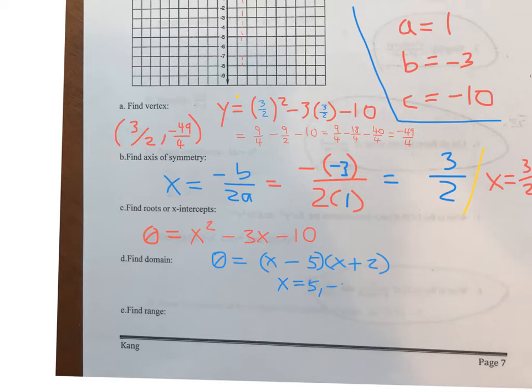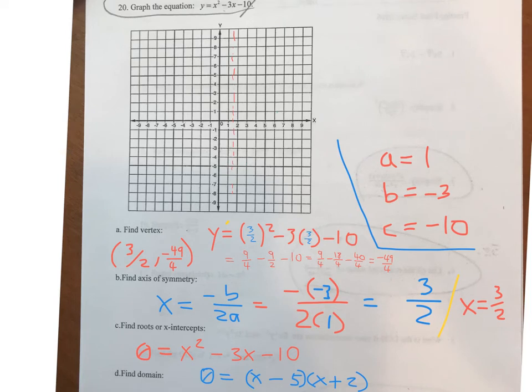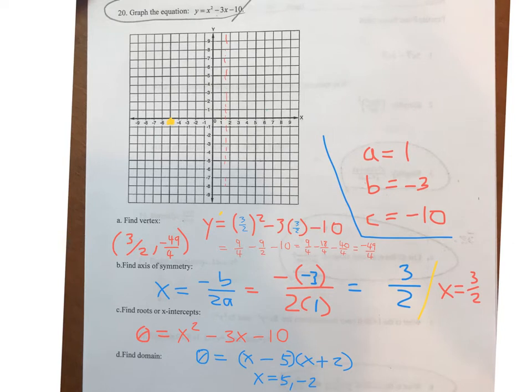So we have x equals positive 5 and negative 2. In other words, this parabola totally crosses the x-axis at 5 and negative 2. That is really useful to know. So we're going to put a thing here at negative 5, and we're going to put, oh wait, no, was it positive 5? What am I doing? Positive 5. I knew something was wrong with that. Positive 5 right there, and negative 2. Which totally makes sense even visually, right? And then you're like, whoa, boom,